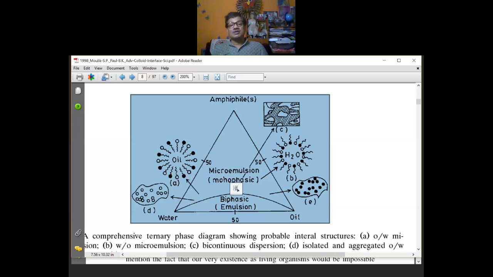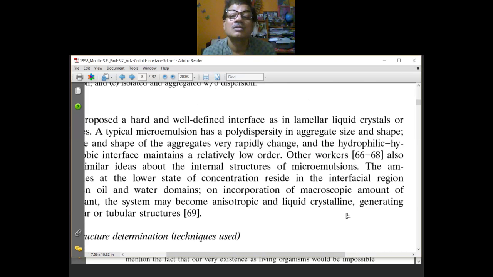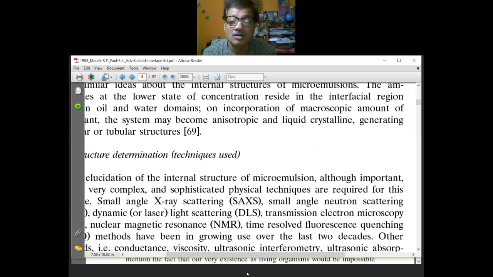So you see you can get four different kinds of phases or four different types of microemulsion, which are 1, 2, 3, and 4. And I would end up with the story why. Next day I will discuss the applications of microemulsions. Now let me share with you another slide where I told that sometimes I need a co-surfactant in stabilizing the microemulsion. Okay, let me go over there.